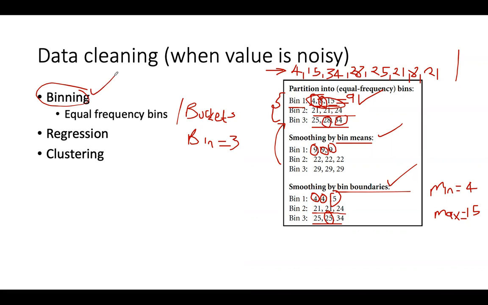Now, in general, another thing I want to mention is that the larger the width, the greater the effect of smoothing. I mean, the more data you have, the better smoothing mechanism you'll have. And another alternative is that bins may be of equal